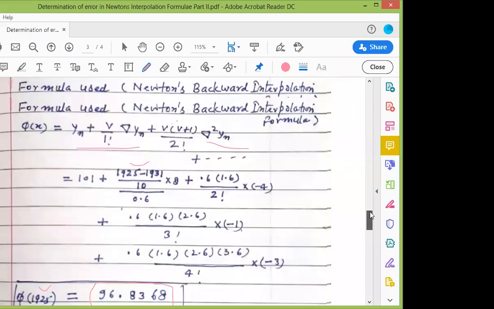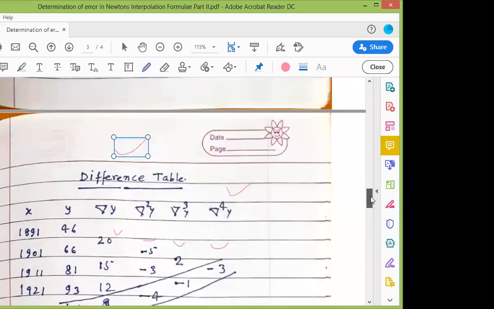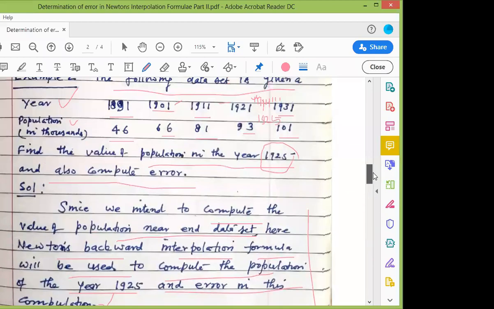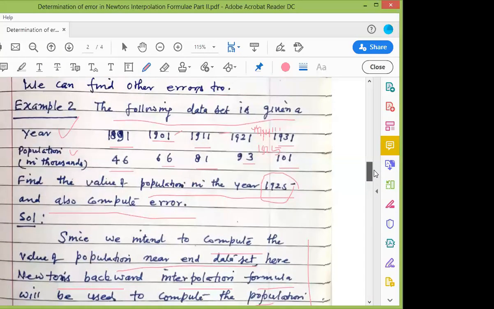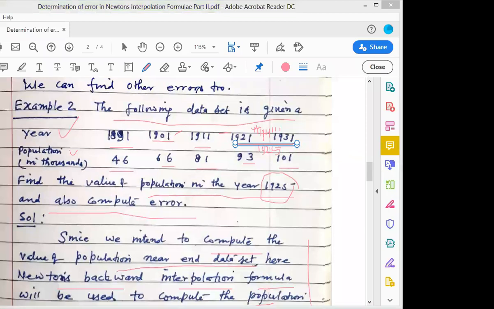You look at here. So this is one, and this is here, means it has covered two data. It has covered two data, means near two data, near two data, and then what is happening here?